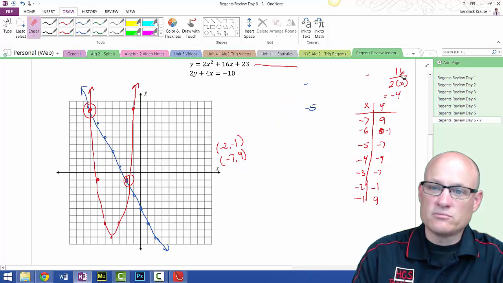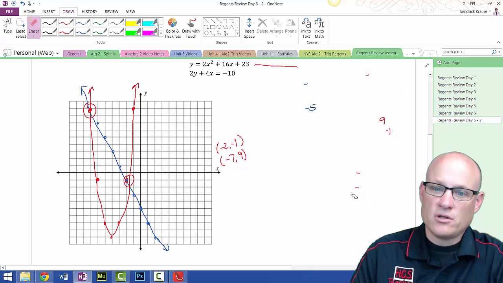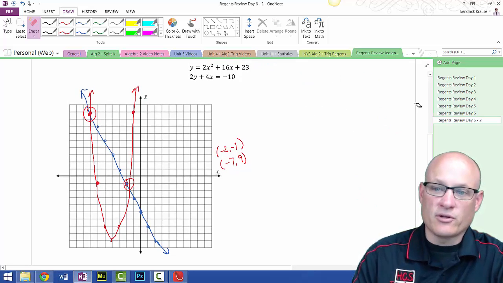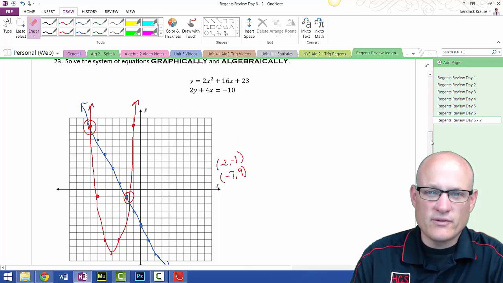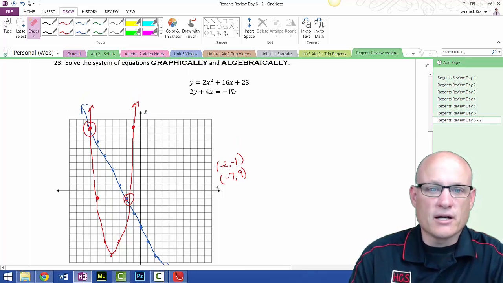Now, I need some more room. By the way, if I was doing this, I would probably do it a little bit differently. Probably should give you more room, but I kill more trees that way. All right, so let's do this